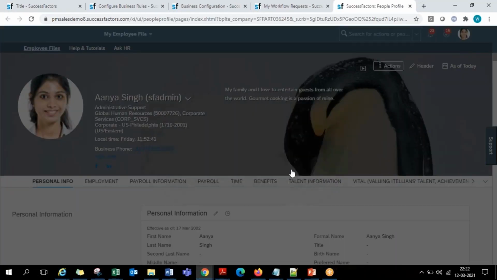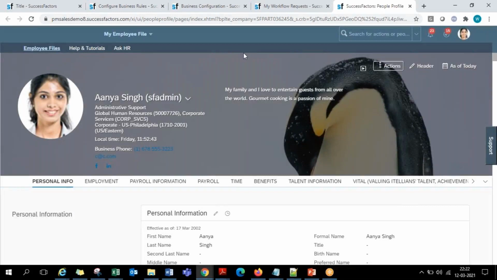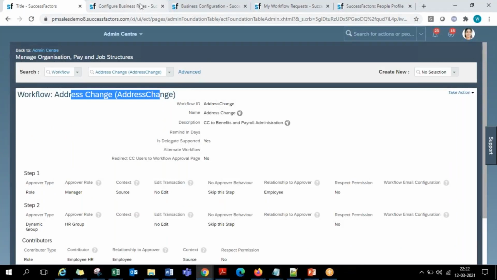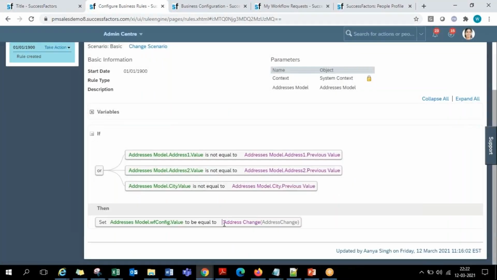No problem. So this is how the workflow configuration process happens and how the output looks. To recap, first we create a workflow with your set of approvers, contributors, CC roles and so on. Then you write a business rule to trigger that workflow. Say this workflow is required for address changes. When should it be triggered?